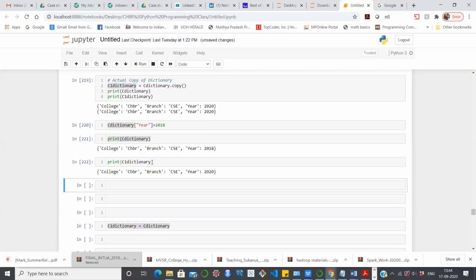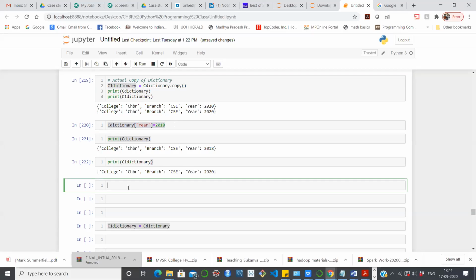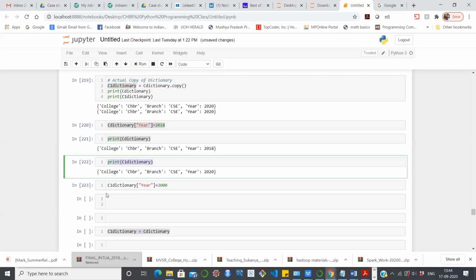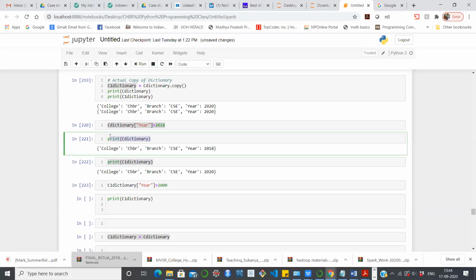See, here we have the C1 dictionary. Now I'm gonna change again to some value, and I'm gonna change in the C1 dictionary one thing, like 2000, and then let us just print both dictionaries.